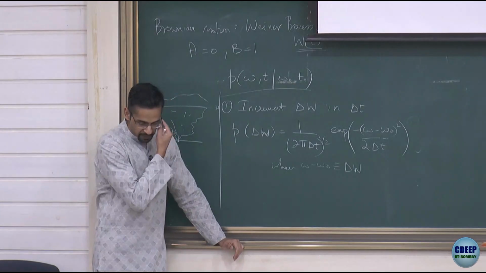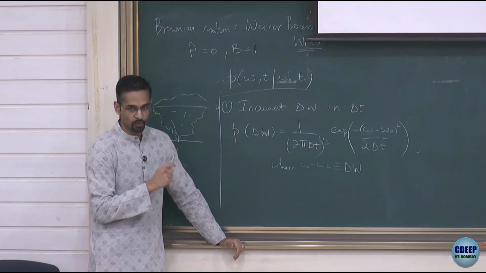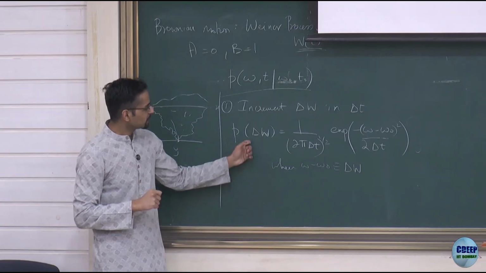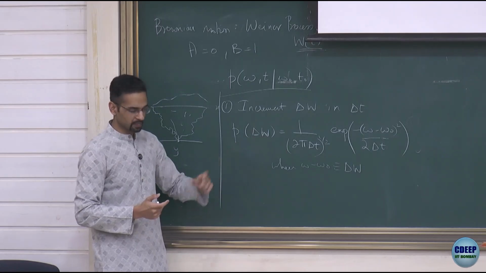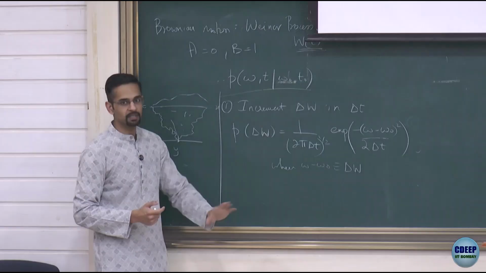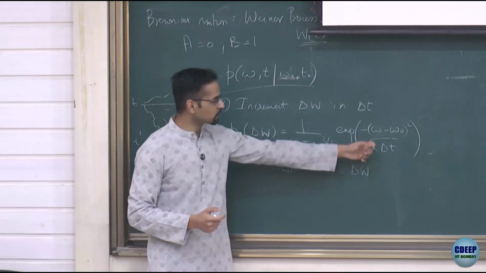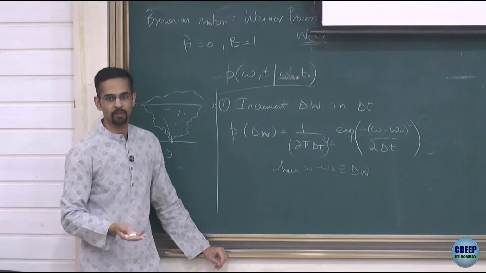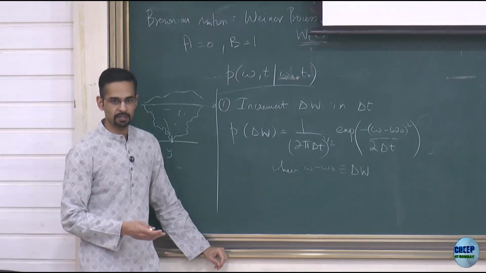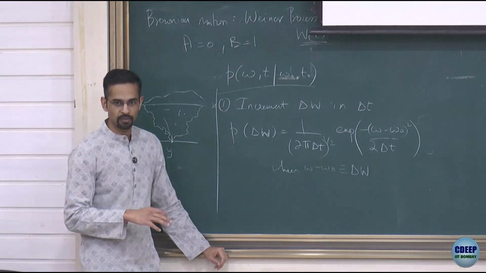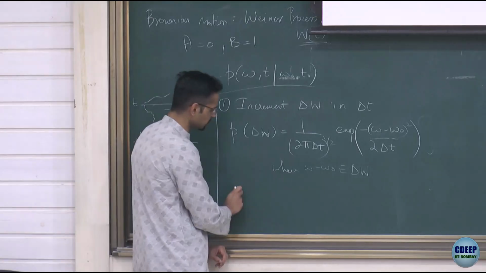Okay, so that's one check, but what I want you to realize here, which is going to be of qualitative importance, is that the increments are all independent. In other words, the step I take now and a future step are statistically independent. Why? Because the distribution of steps only depends on the step size and on delta t. It doesn't depend on W separately. In other words, it doesn't depend where I am in space now. It doesn't depend on what I've done before. Right? It's only a function of the step size itself. Okay. So this tells us that